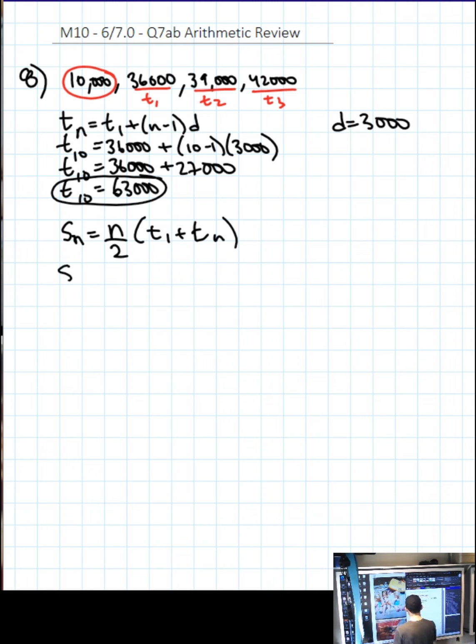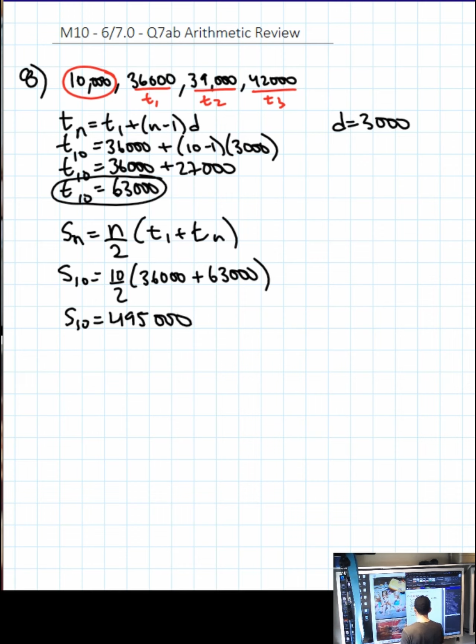So S10, the total we're going to make, is 10 divided by 2, T1, our first term, plus T10, 63,000. So that's 36,000 plus 63,000 is 99,000. 10 divided by 2 is 5, so 99 times 5 is S10 equals